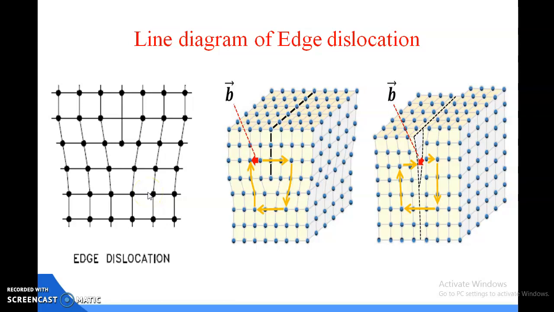Edge dislocations pass through a material in a way that looks a bit like a caterpillar crawling across the ground. The dislocation slips from one atom to the next, creating a bump in the lattice and eventually causing the whole plane of atoms to move forward. This diagram and this diagram are the same, but this one is the three-dimensional diagram, which is known as the positive edge dislocation, and the opposite of the T structure is known as the negative edge dislocation.